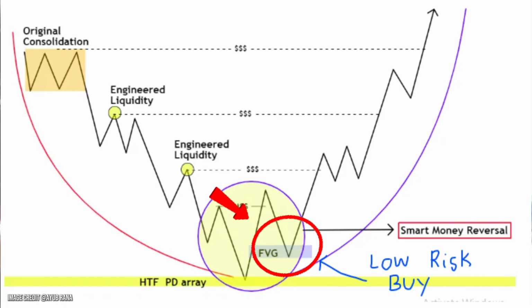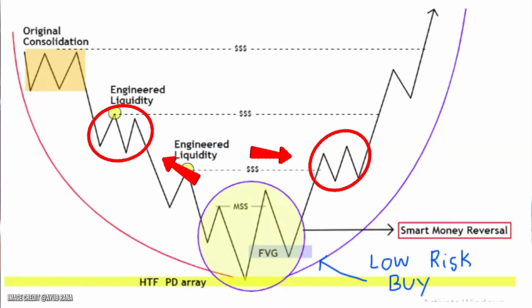My old strategy wasn't necessarily wrong. It was the low risk buy phase of the market maker model. But I was trying to trade one piece of the puzzle while being completely blind to everything that happened before it: original consolidation, accumulation, distribution. So my old strategy worked when I was lucky enough to be in the right phase of the curve, but it failed when I tried to go long when the higher time frame was actually in a distribution leg lower.